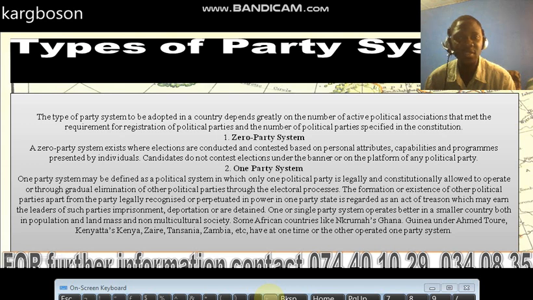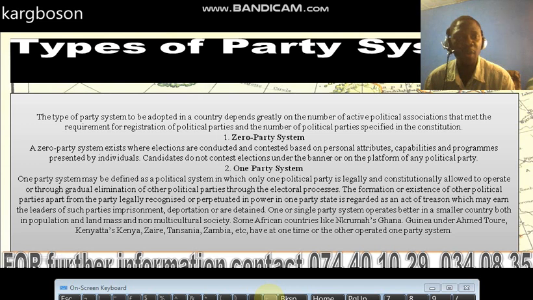A zero party system exists where elections are conducted and contested based on personal attributes, capabilities and programs presented by individual candidates. Candidates do not contest elections under the banner or on the platform of any political party. So if the constitution made provision for a zero party system, where people are elected into offices without contesting under the banner or platform of any political party, we refer to that